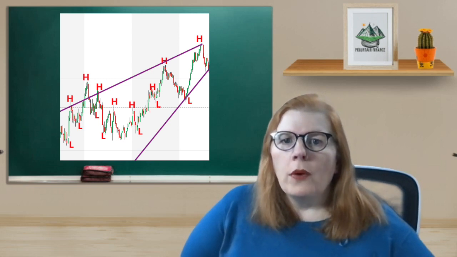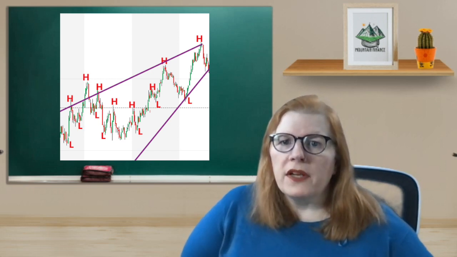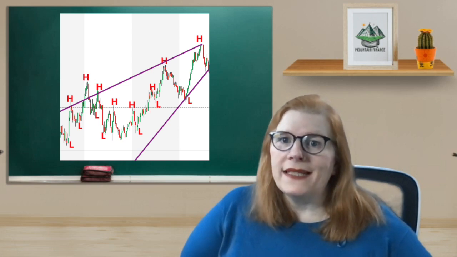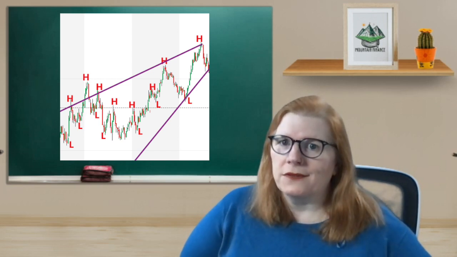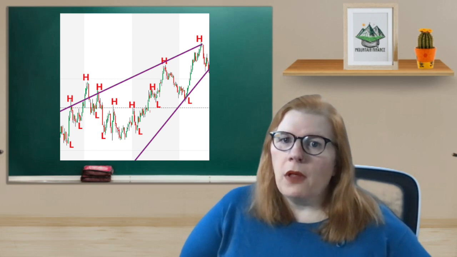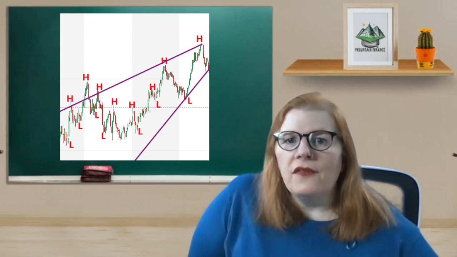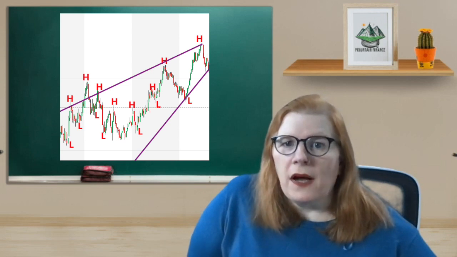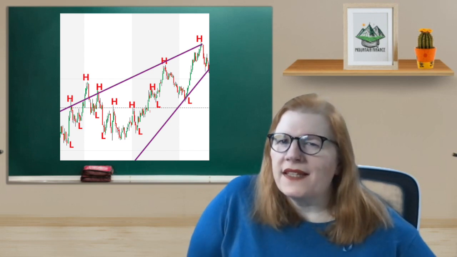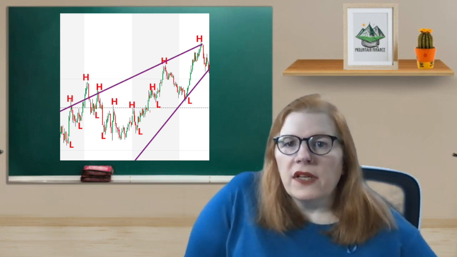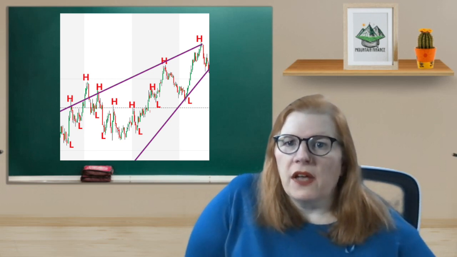Always remember, when making a resistance line, we plot a straight line through the highs, looking for a line with the greatest number of highs touching it. The more touches, the more reliable our resistance line becomes. Each touch is evidence of that resistance, as these spots stop the rising price and send it back down. In our example, we have 4 touches to this line, which is a very good indication that we have found a